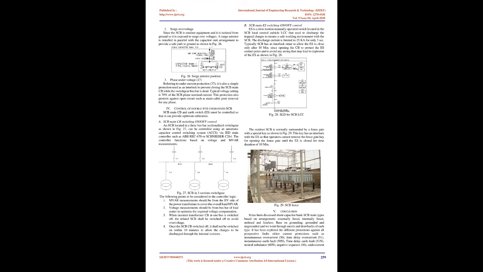SCB main ES switching on/off control. ES is a slow-motion manually operated switch located in the SCB local control cubicle, LCC, used to discharge the trapped charges to ensure a safe working environment with the SCB. The discharge current is limited to 25 kA for only 3 seconds. Typically the SCB has an interlock timer to allow the ES to close only after 10 minutes since opening the CB, to protect the ES contact poles and to avoid any arcing that may lead to explosion of the ES,